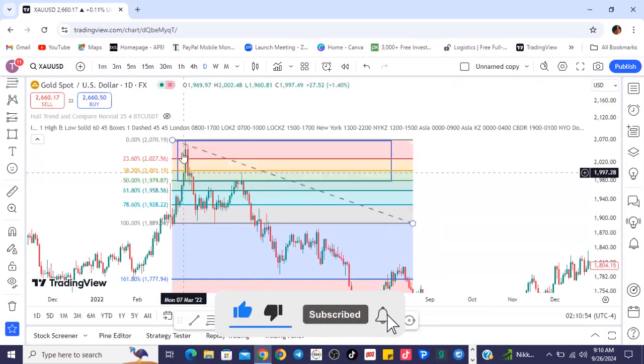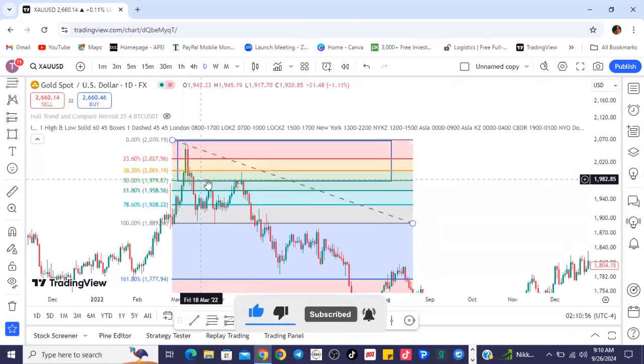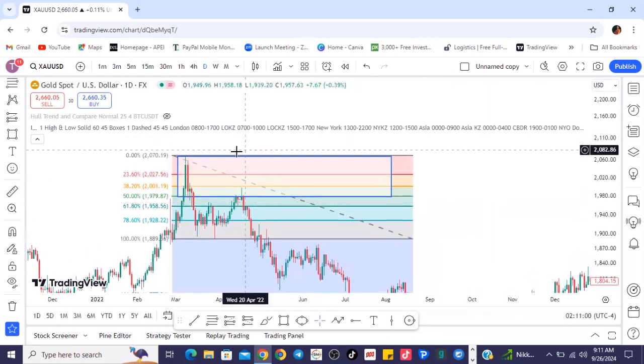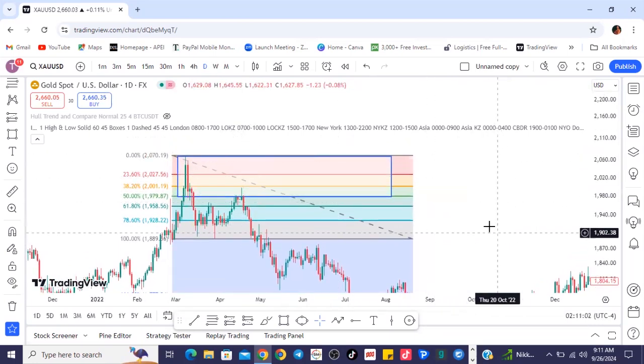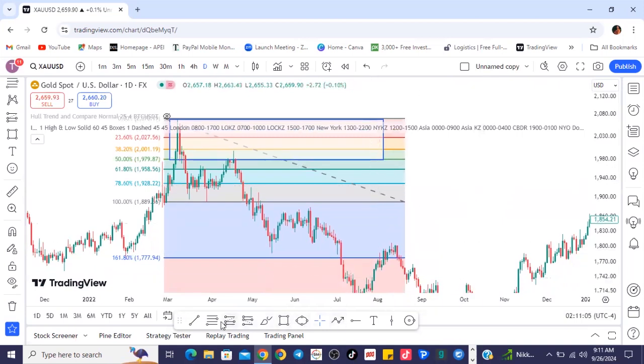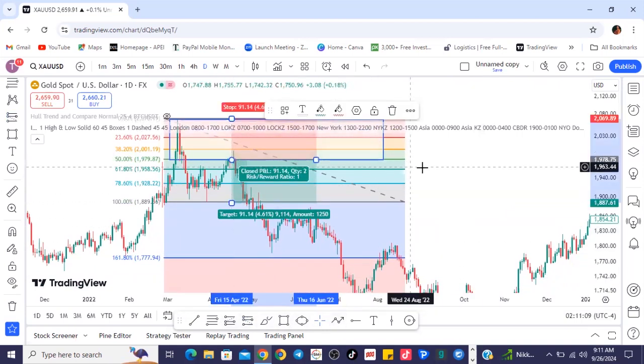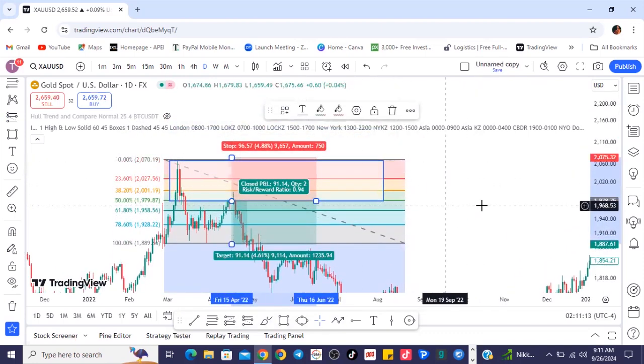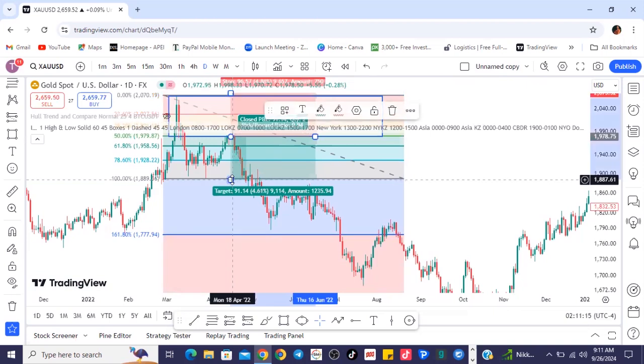And you can see once we mark that, that is where the price came to. So we take our trade here comfortably. We have our stop loss slightly below this particular point. All right. So this is how our setup can look like. We have our stop loss slightly above that point, and therefore we can target